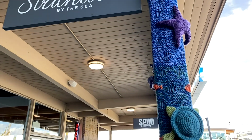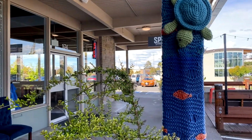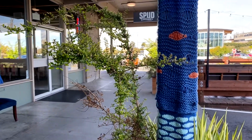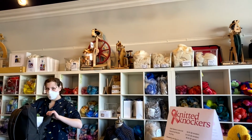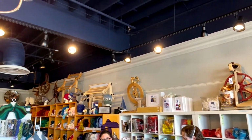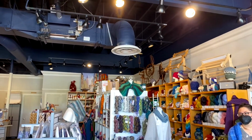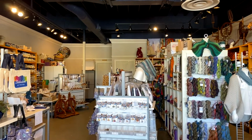Look at this yarn bomb. It's amazing. Isn't that cool? Crew, this is Stranded by the Sea. I'm not getting you, sorry. That's cool. Really beginner. I've been knitting for 3.5 years. It's a fun...